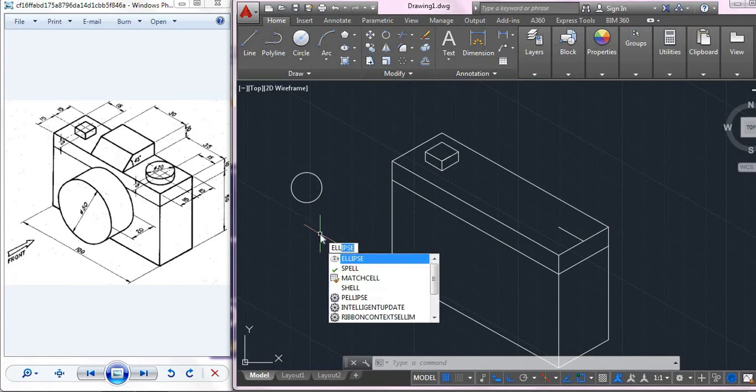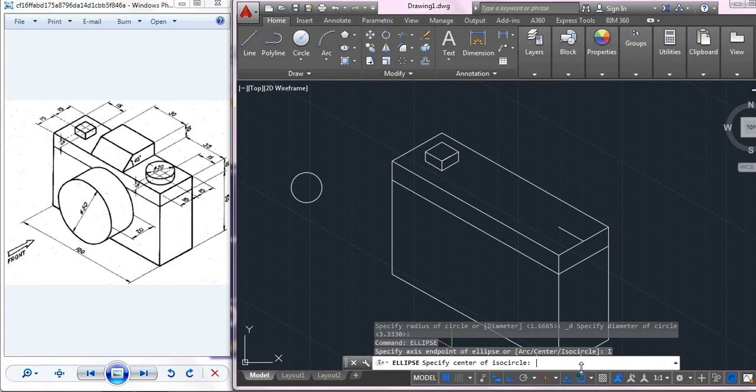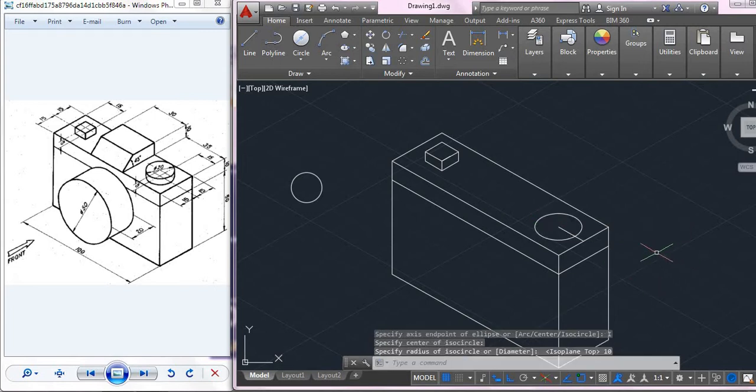Go for ellipse here, ELLIPSE. We can enter. Here we will have the isocircle option. So we will use this circle in isometric drawings. We click on isocircle. Then it is asking for a center. I will select this as my center and we will use F5 to change my plane. So this is my plane, and we will specify the radius as 10. Why? Because the diameter is given as 20, the radius will become 10. Like this, it will be drawn. So you can see the difference. This is a normal circle and this is an ellipse isocircle. Fine. Let us go for line.